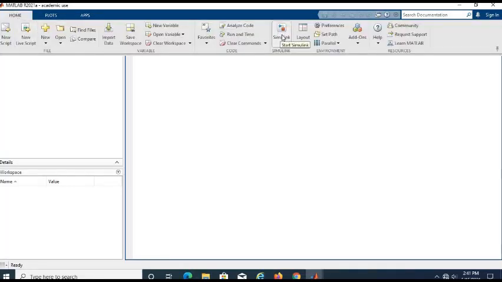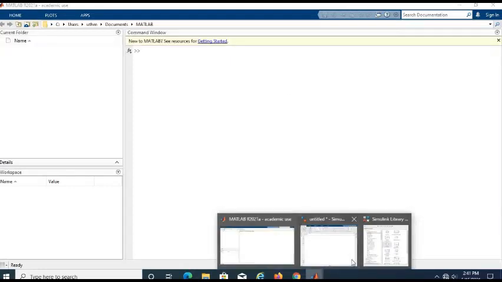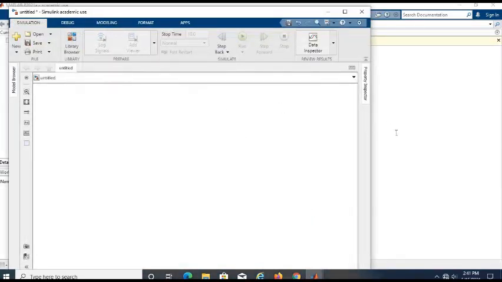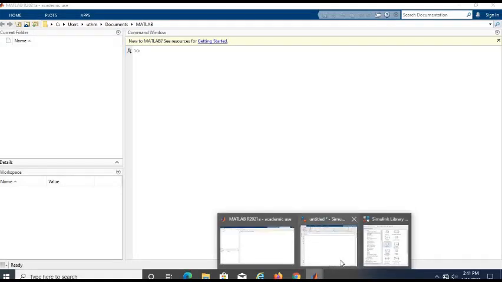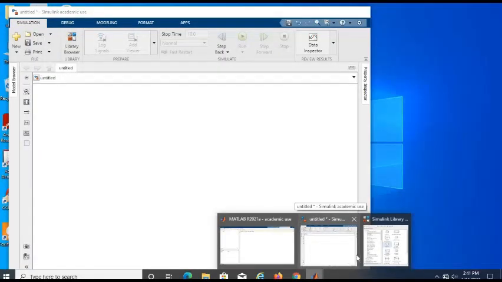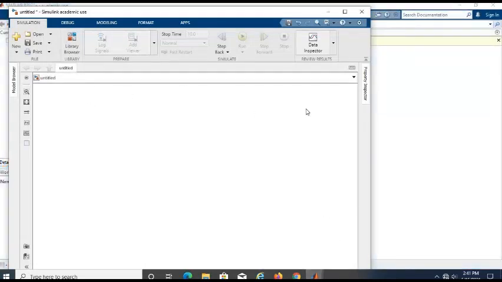You click this Simulink, and then this will appear. It is the model for Simulink.